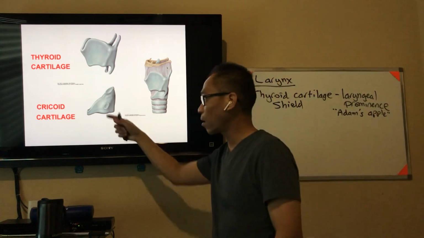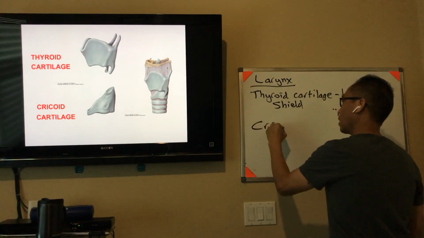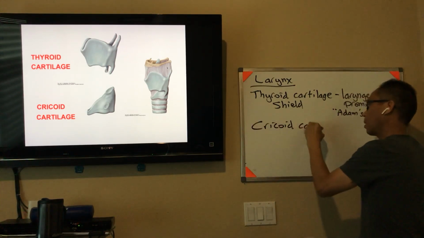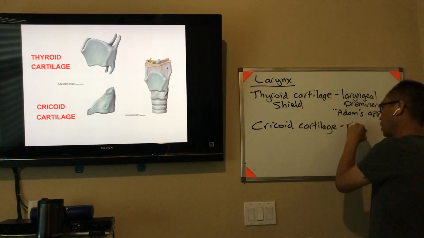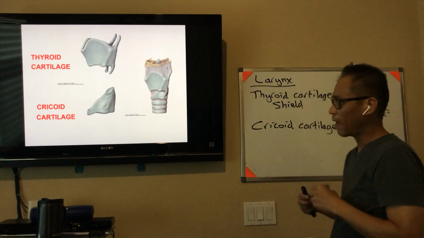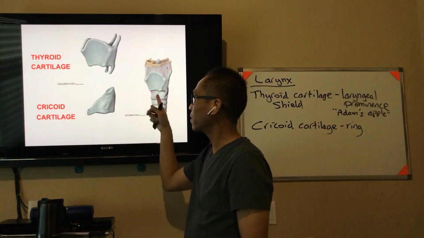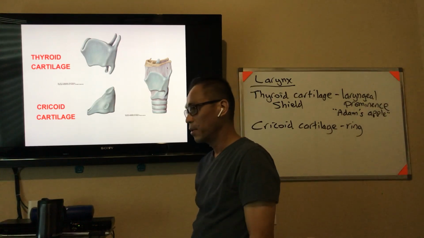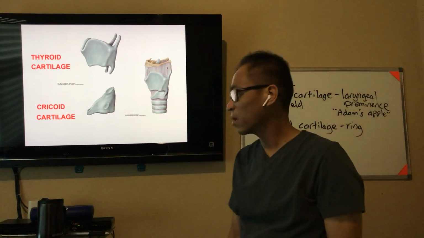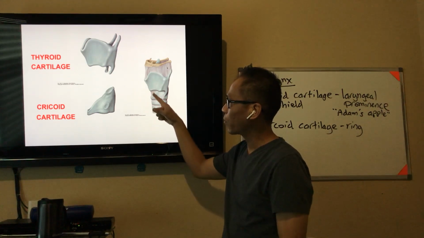Also know the cricoid cartilage. That one's shaped like a ring. Imagine a big class ring. That's the band of the ring, and that's the face of the ring there, and there it is there in the larynx and isolated. So be able to identify the cricoid cartilage, and that space between thyroid and cricoid, that's